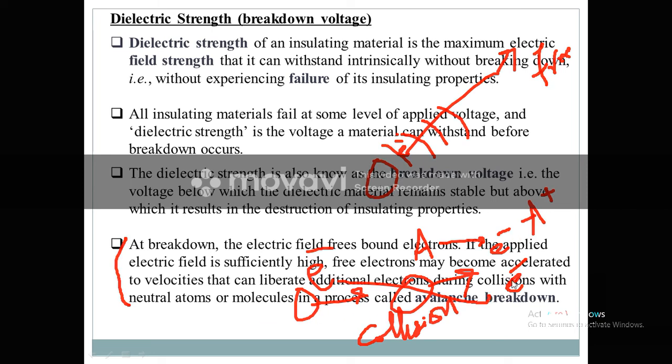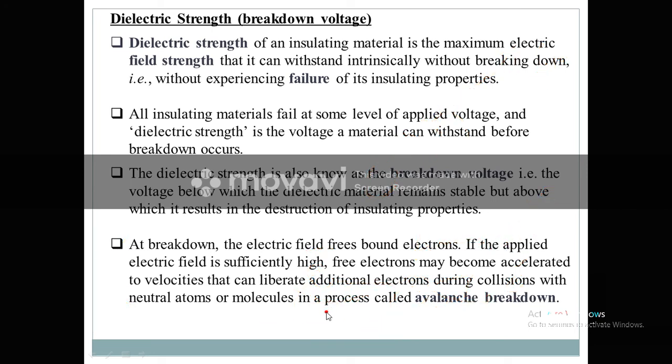Now we have two electrons, and these two electrons will collide with other neutral atoms, and with the passage of time the ionization becomes greater, becomes higher. This process is then called the avalanche. Avalanche means flood. You will have a flood of electrons, meaning a complete breakdown of the insulator has occurred if we have the flood of electrons. Okay,